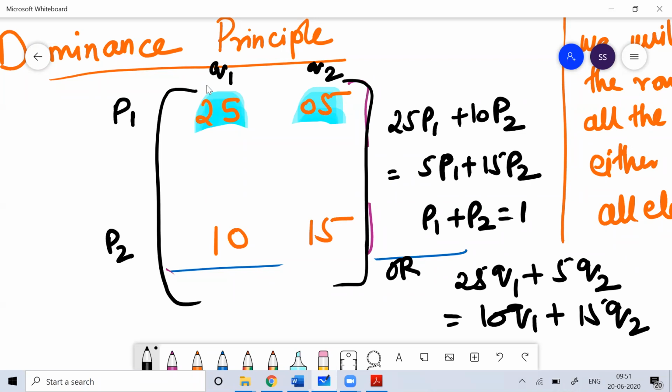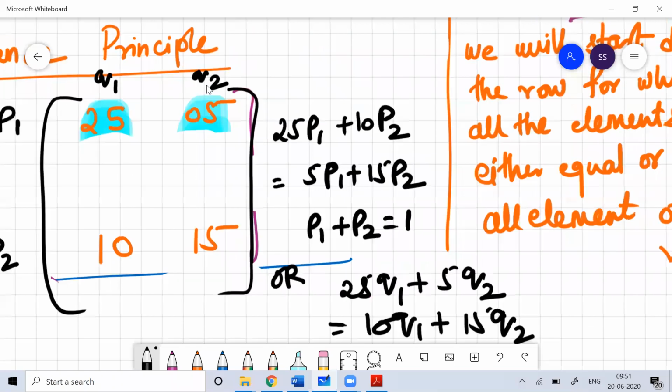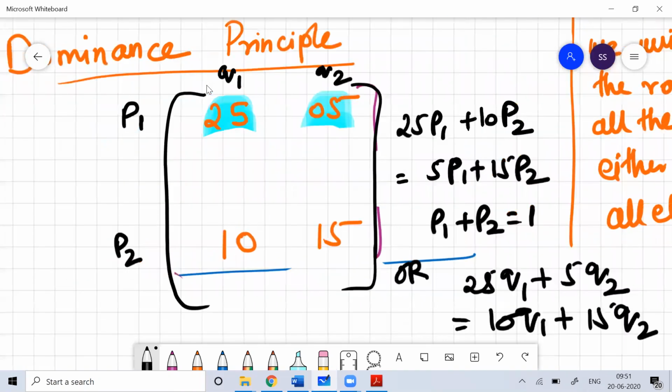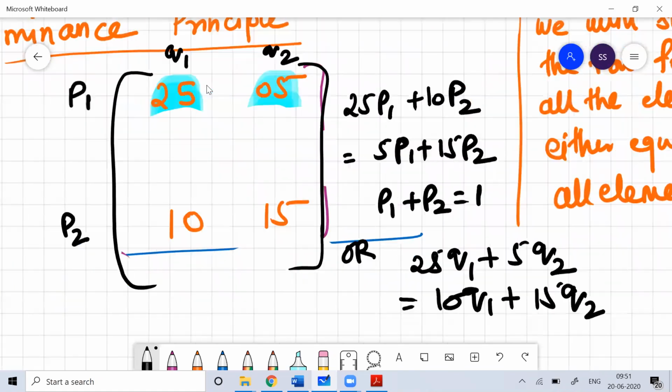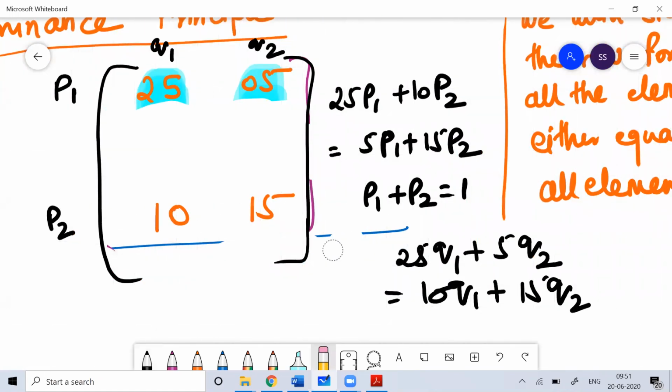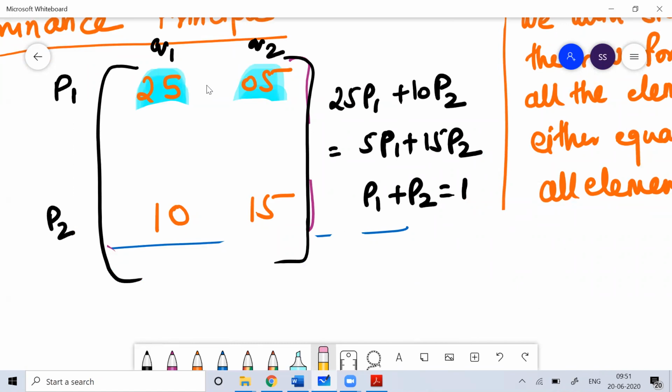Now I believe this is a very easy problem. You can see in the exam such kind of question comes. It's such an easy question, so no one should lose their marks in this kind of question. I can solve this problem either in terms of P or in terms of Q.